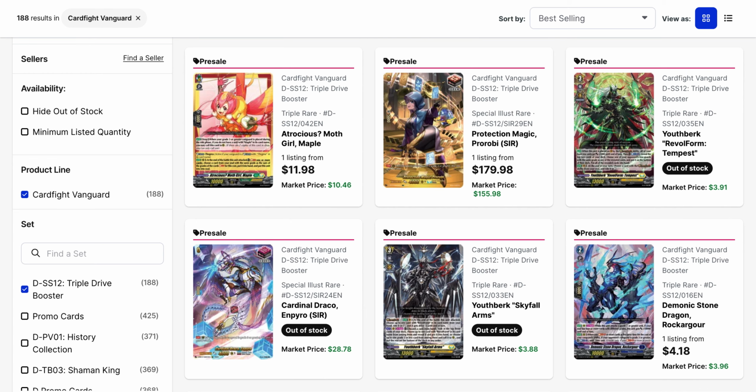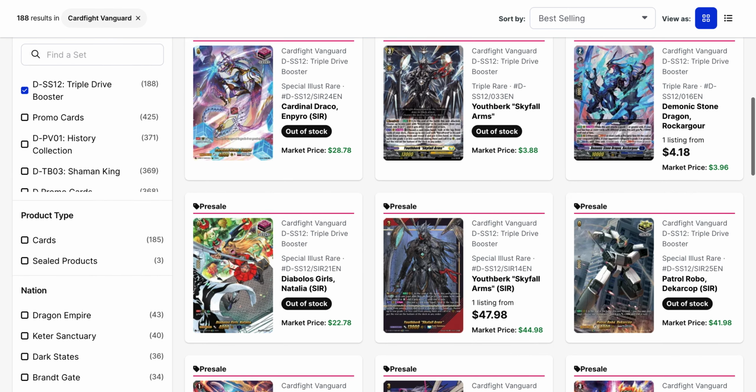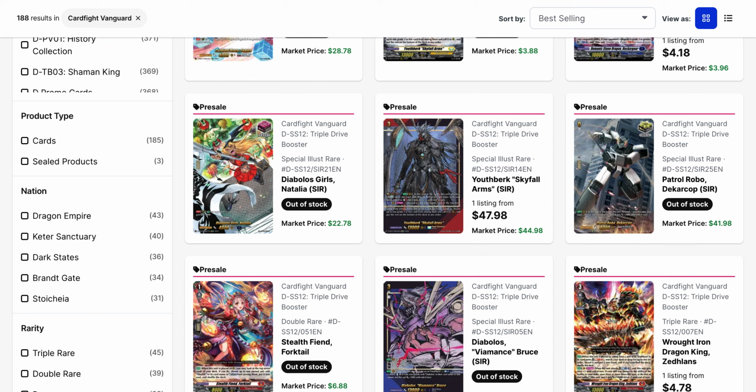Market price right now is $10.46. And then other SIRs on the front page, we've got Enpyro, which is the front for Brantgate, Natalia, which is the front for Dark States. You've got Skyfall Arms on here too, which has already sold for about $45, and there's a listing for